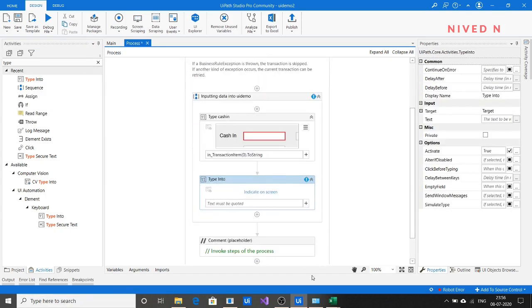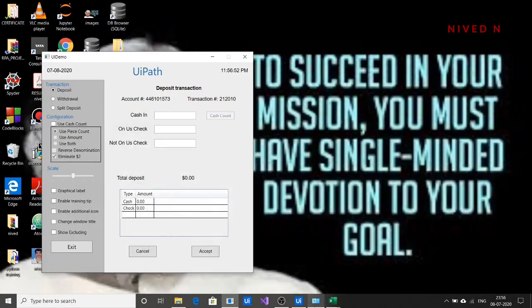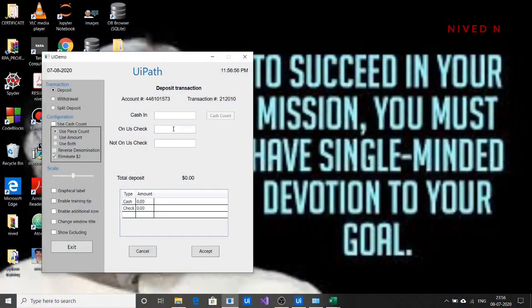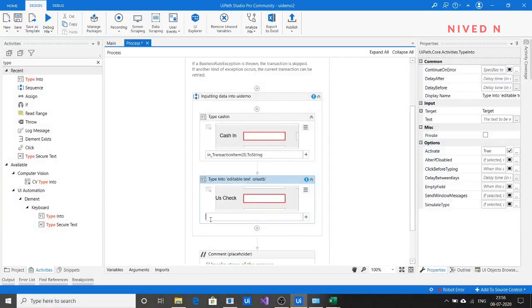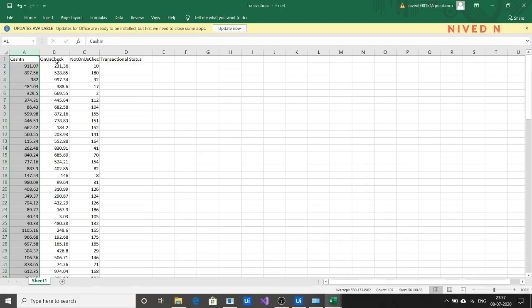Okay, so for on US check, just go in transaction item. Its column index is, I think, 1. On US check column index is 1.